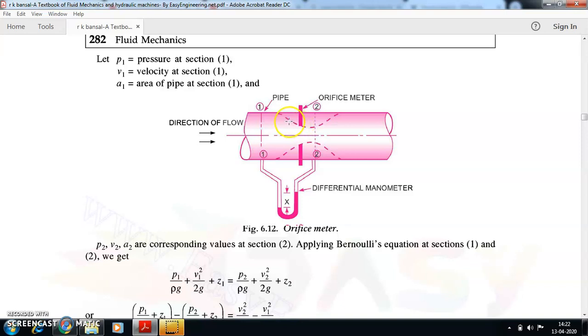Why this is going to happen is that the streamlines cannot change direction abruptly because of this very sharp change in angle. Okay, very sharp edge, because exactly a 90-degree change is happening. The fluid cannot change its direction abruptly. So you will find the fluid is going to give a particular movement where you can find a vena contracta.